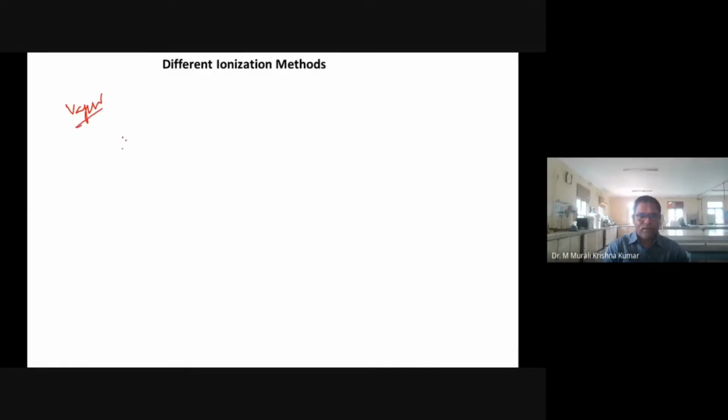Vapor or gaseous phase. Now we have the molecules in vapor condition. Normally what is done over here is, we use energy so that all these will be converted to either positive ions or negative ions. So let's take right now, these are converted to positive ions by providing energy. So this energy can change. If you change the energy, whatever you are using, the ionization method will change.